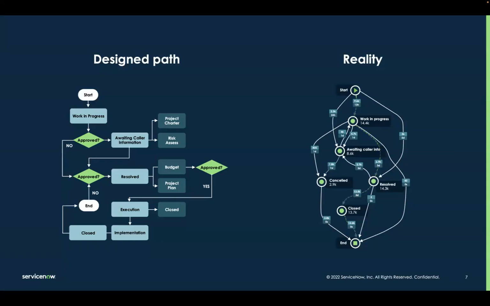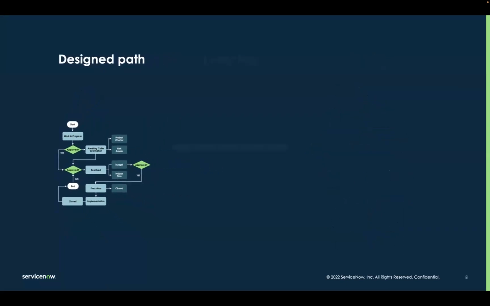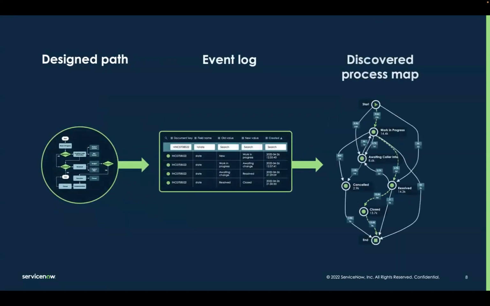Identifying what is actually happening within our workflows or business processes and then improving them isn't always the easiest thing to do. What in-platform process mining allows us to do is use the audit log data that is generated as records move through a given workflow on the ServiceNow platform to create a visual representation of what is actually happening within a given process or workflow. And this new level of visibility helps us accelerate our ability to identify inefficiencies, non-conformant process activities, and ultimately improvement